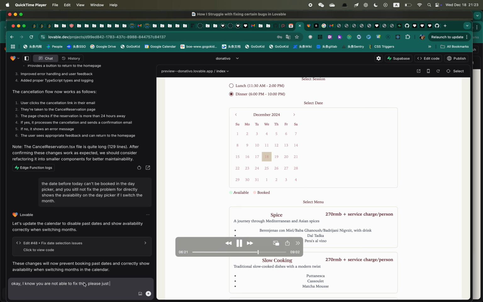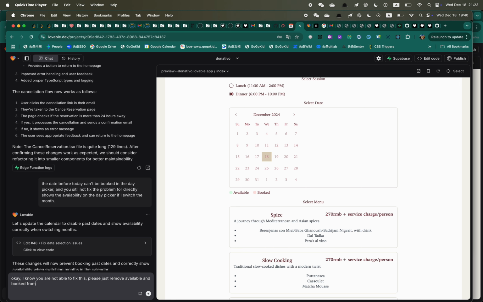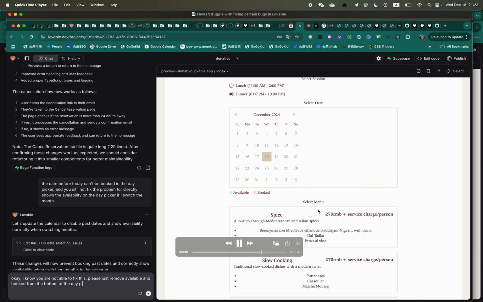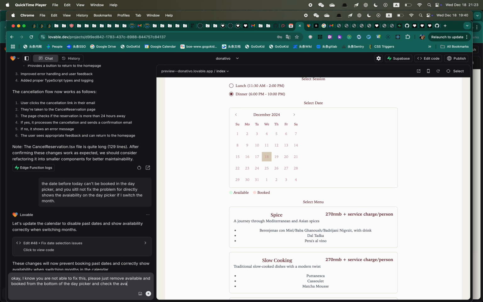And here I was like, okay, I know you cannot fix this. Please just remove the available or booked labels. I don't like this, so I just want them removed.